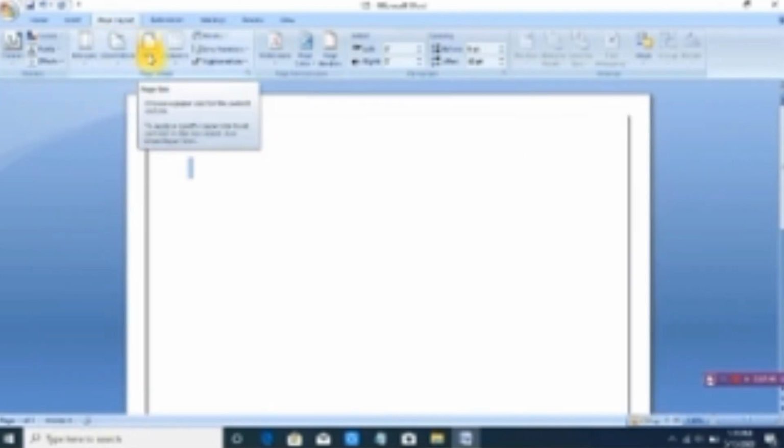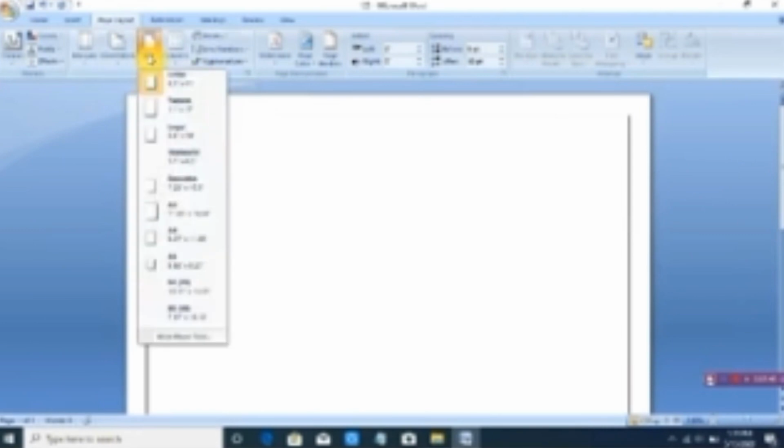Now come to the size. Again you can see different sizes are given: Letter, tabloid, legal, statement, executive, A3, A4, A5, B4, B5. Most of the time we create a document on A4 sheet paper, so we will click over it.